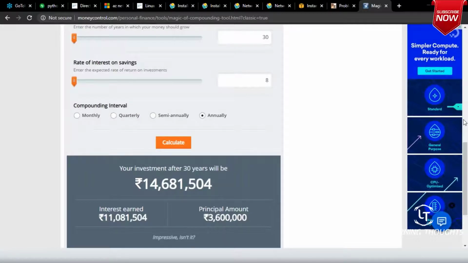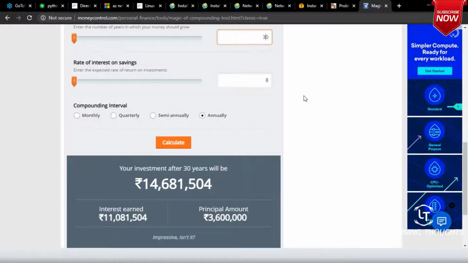So if you save 10,000 every month, possibly you can retire with this crore, and 10,000 every month for anyone who starts their career in IT will not be very difficult. Yes or no? The amount which we have invested is 36 lakhs, and the return which we got is 1 crore 1 lakhs, right?